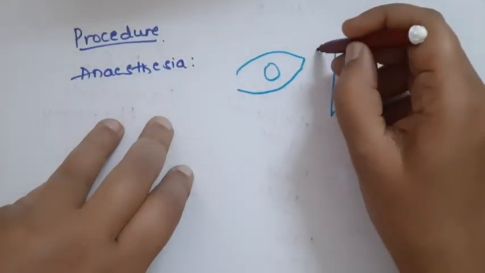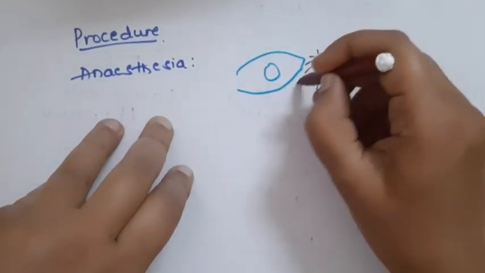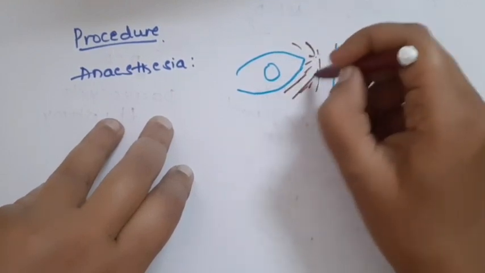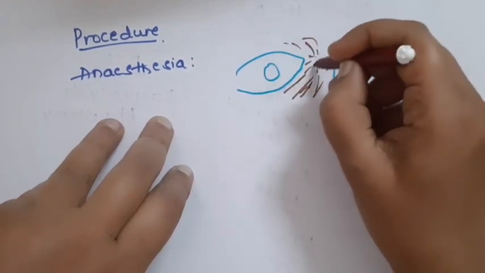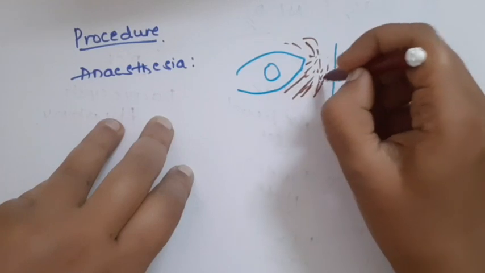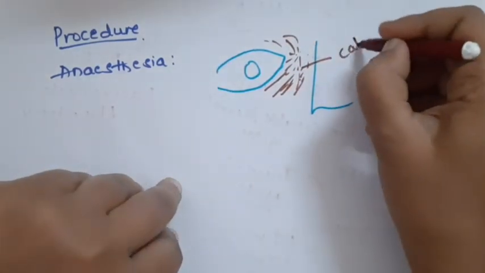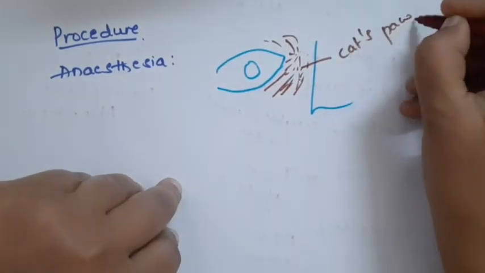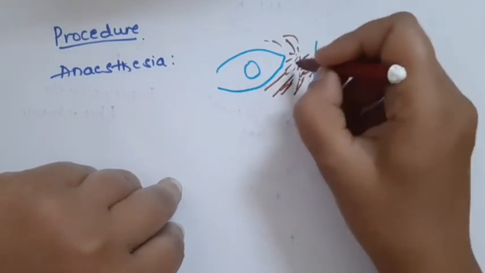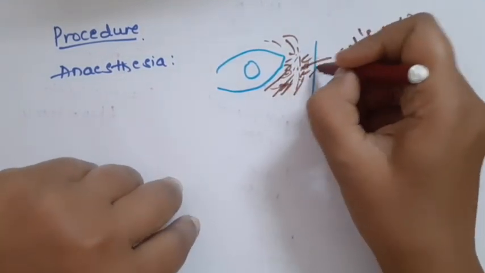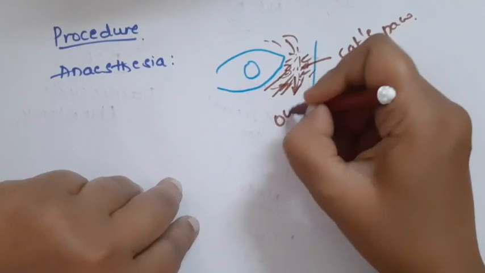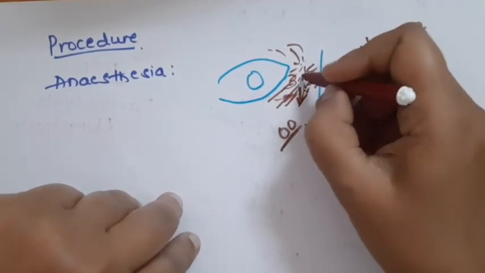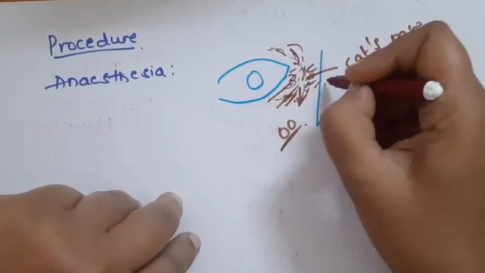So once the incision is done, now we are with the orbicularis oculi muscle. Okay, so the orbicularis oculi muscle will be running like this, and it is attached to the MPL ligament as well. Skin is retracted with the cat's paw. So this is the instrument which is used. It is like the cat's paw. So it is used to retract the skin. Then we have the orbicularis oculi muscle below, and by blunt dissection this orbicularis oculi muscle is also separated.